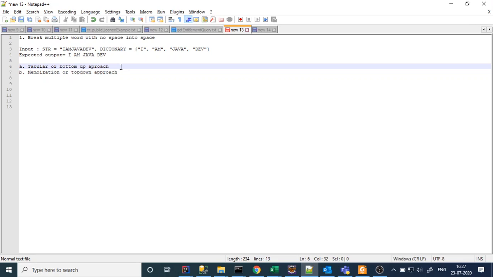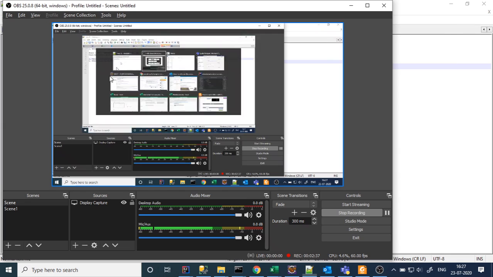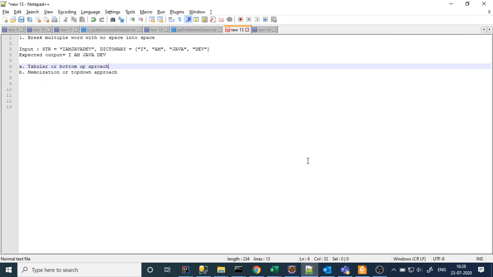Dynamic programming is useful when you want to do this kind of recursive operation and you want to avoid the exponential calls of the recursion. In this video I am going to discuss the bottom up approach first, and if time allows, then I will go with memoization as well. Okay, so let's come to the solution basically.